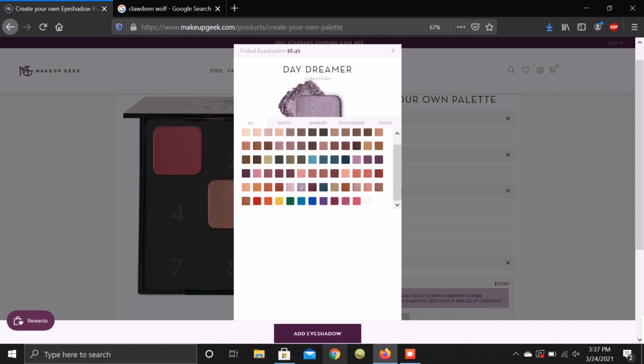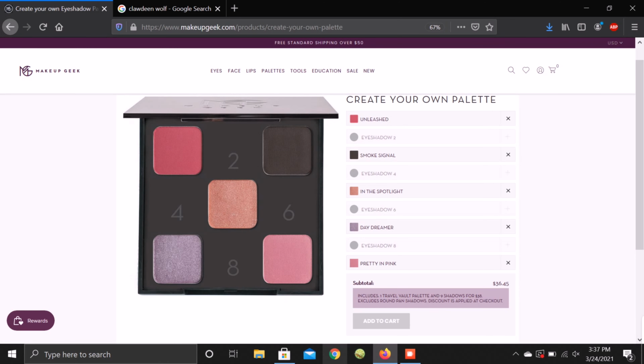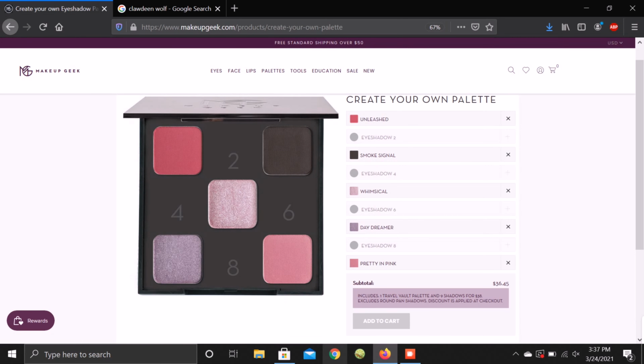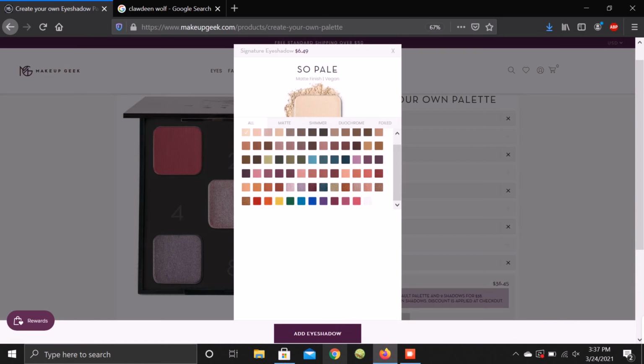This is where I started to question that middle shade a little bit more. I did know that I wanted at least one or two shimmers in her palette because she just feels like a sparkly character to me. But it was so hard to figure out which one was the closest to a shade I think